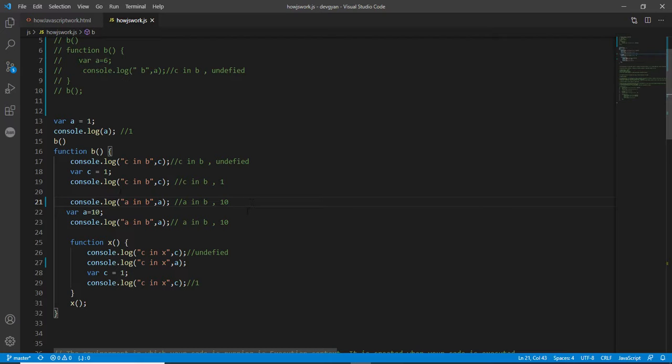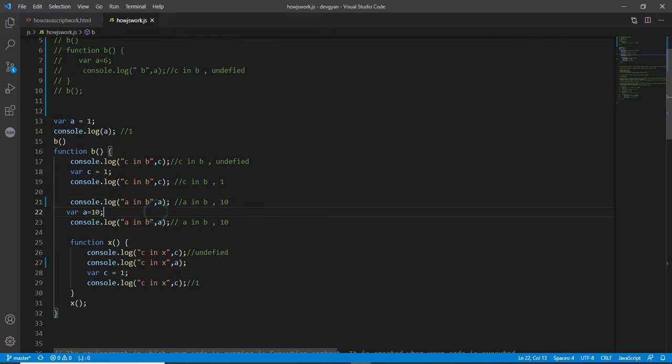Actually, as you know, during the creation phase, during the parsing, the initial value of variable A will be set to undefined. But why is it undefined? Why is it not accessing its parent's value, because the parent has the value 1? You know, JavaScript doesn't care whether the value is undefined or 1. Both are the same. Any value which is defined, maybe undefined or 1 or anything else, it will be printed. It will not access the parent.